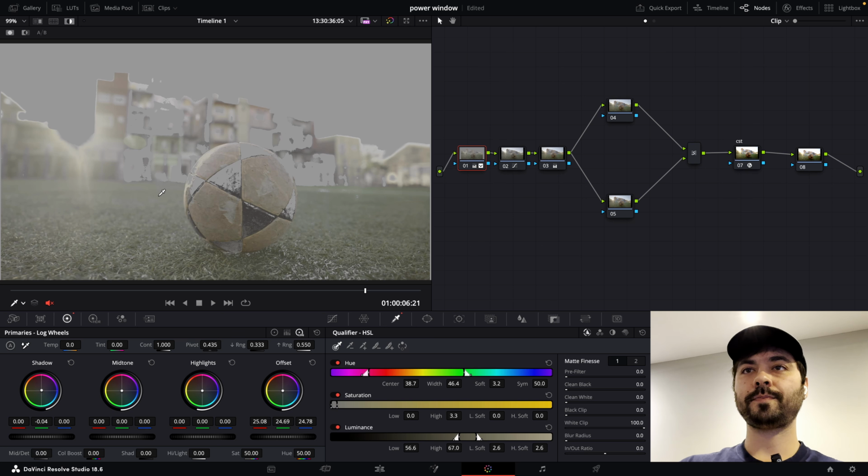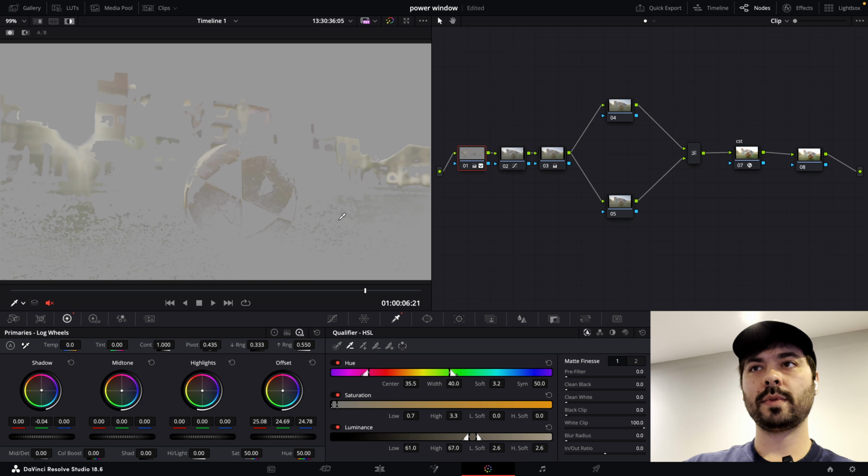Okay? So what's the program telling us? Hey, your selection so far, it's everything but these gray areas. Okay? So now our job is to finesse that. In order to finesse that, there's a few methods. You can come here to this eyedrop with the minus sign, and you can click on an area that you don't want it to include. Okay? You can also